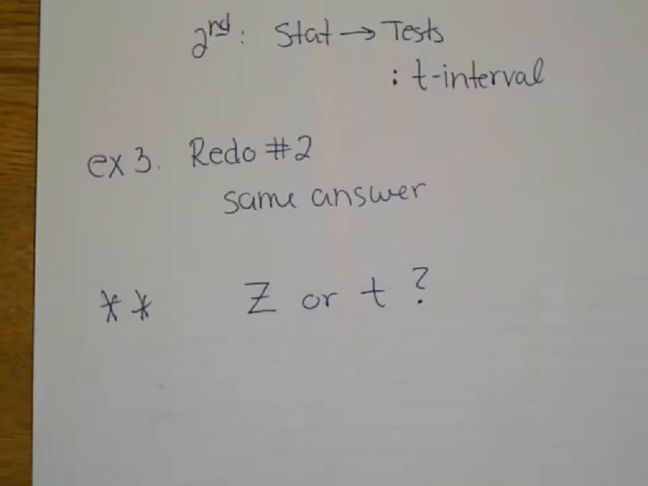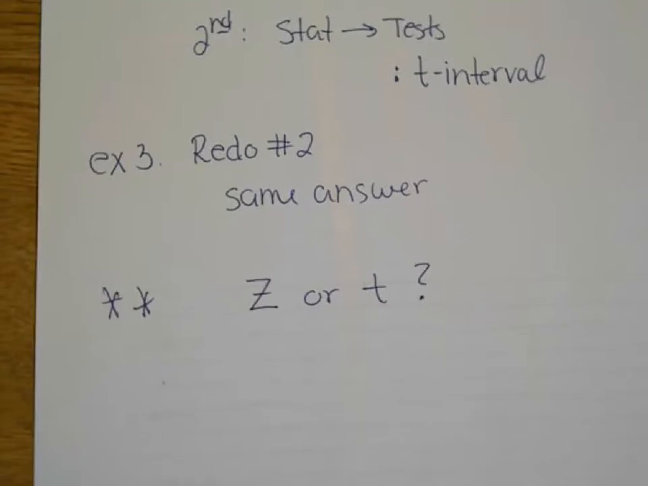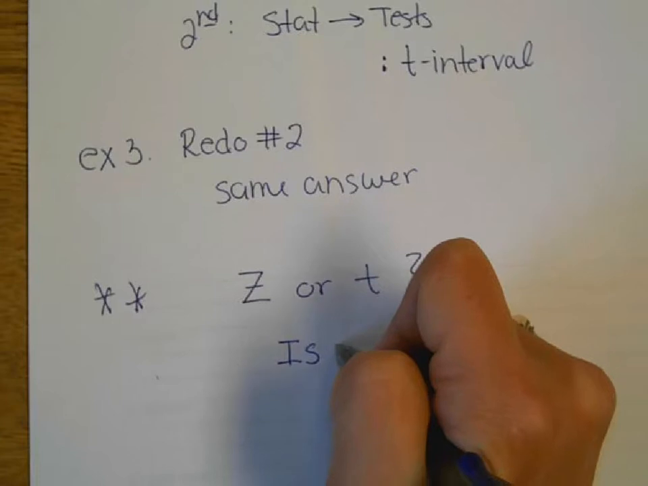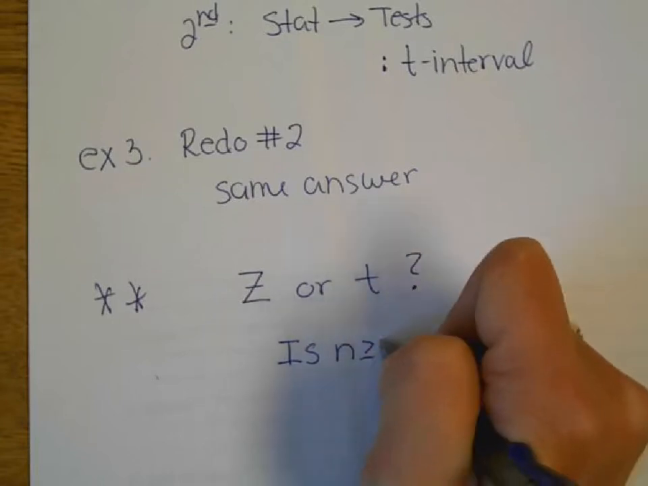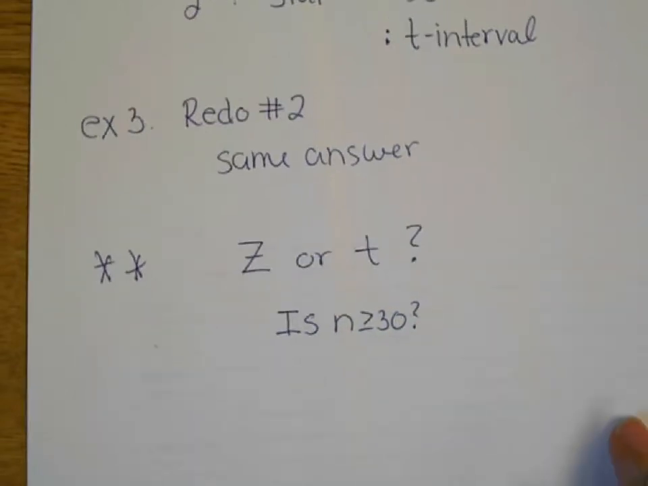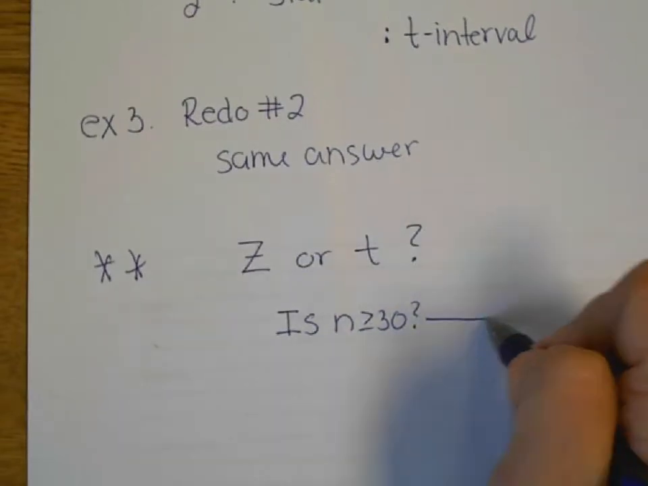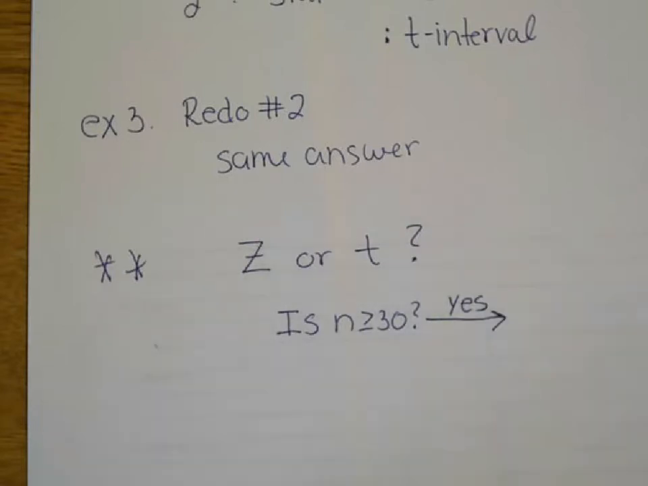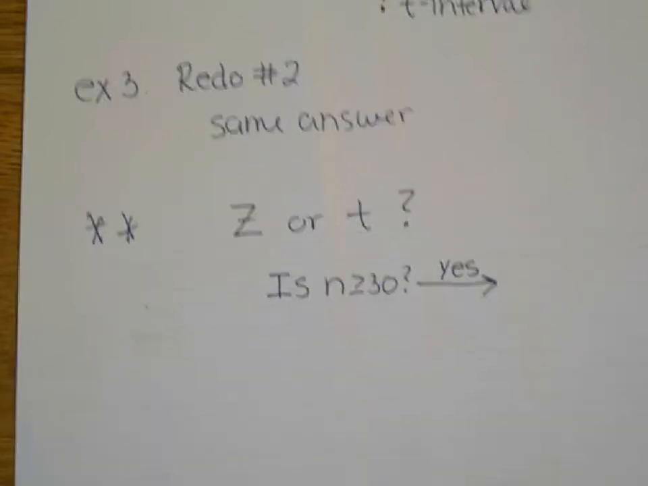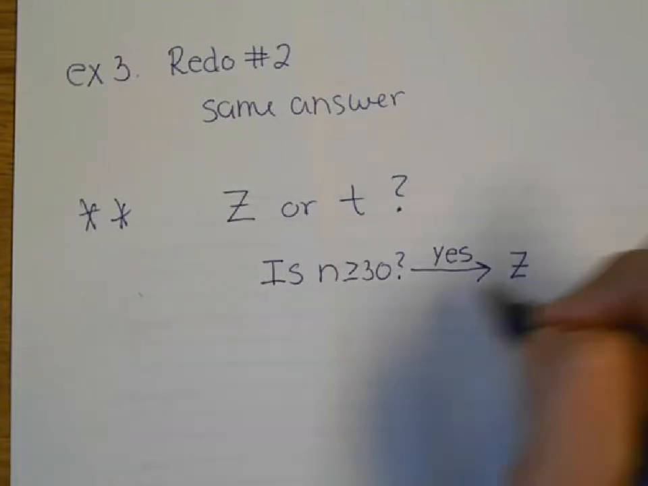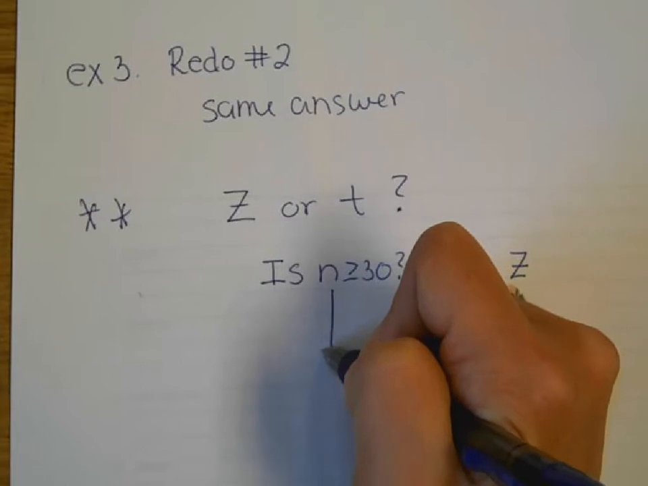So, first question. Is your sample size greater than or equal to 30? If you answer yes, should you do a Z or a T? Z. If you answer no,